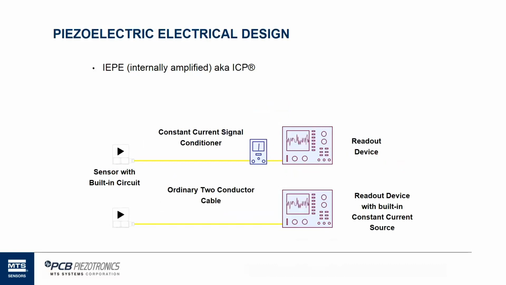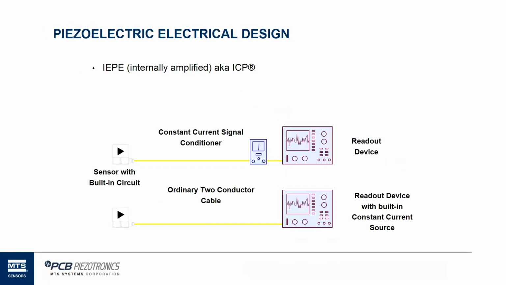The little op amp symbol on the left of the sensor is converting that high impedance signal from the crystal to a low impedance signal very quickly inside the structure of the accelerometer. And that blue box, which we call those blue boxes traditionally from PCB, is the constant current supply. It's the same thing. We use a constant current diode in there to maintain a constant current. The FET inside the accelerometer induces a variable voltage. That's the dynamic voltage signal, and that's the voltage we're measuring of dynamic events, either after passing through a signal conditioner